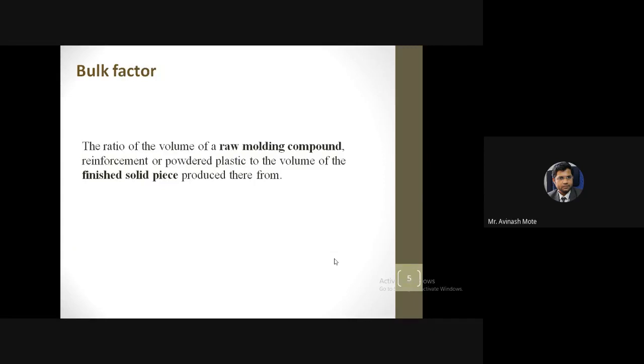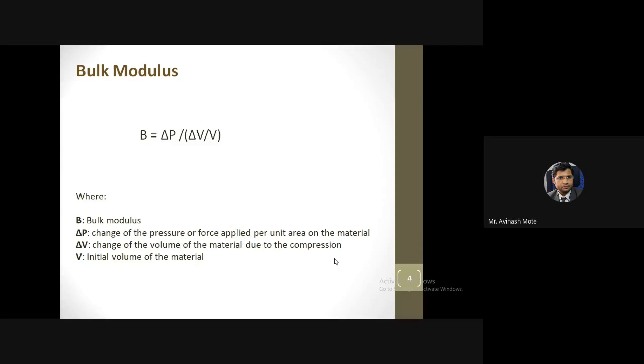Here we are having the bulk factor. Now this is a similar way, not the same, bulk factor and the bulk modulus. In the bulk modulus we had studied that when we apply the pressure on a particular material in a heated condition, or the molten material, then in the denominator, if you see, it is a volumetric strain. Strain means what? The change in the dimensions, a change in the dimension parameters.